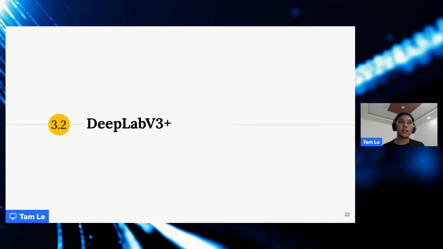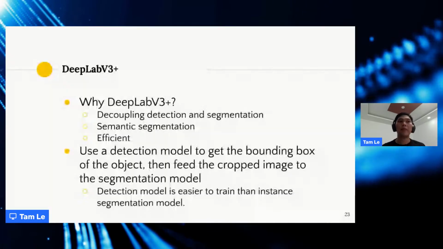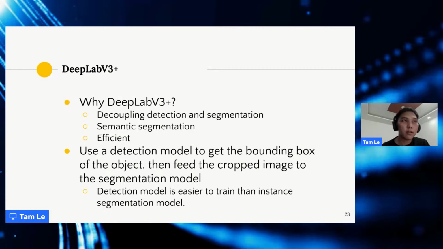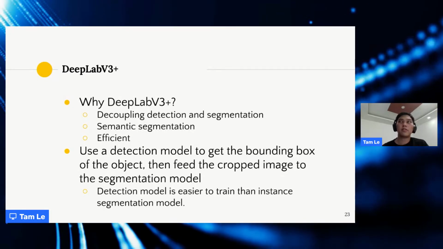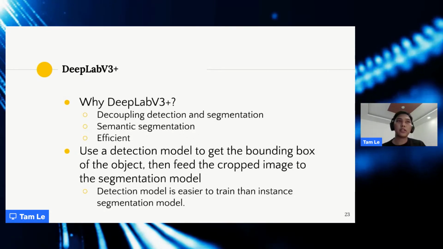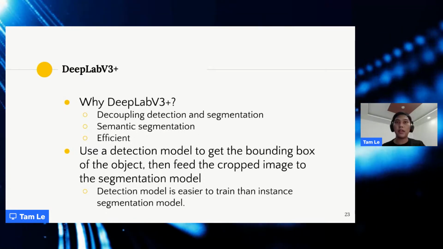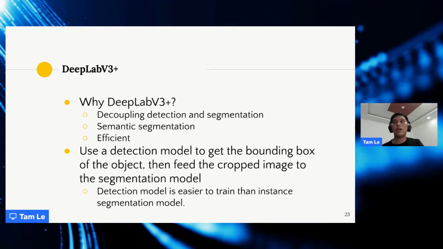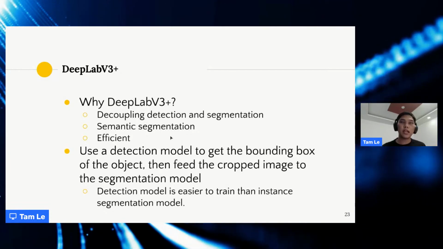This is one of the semantic segmentation models, DeepLab. So why did we choose this? First, like I said, we want to decouple the detection and segmentation. So we want to train a separate detection model, and then we use the cropped image as input to the segmentation model, so we can achieve the best result. And the second is the semantic segmentation.